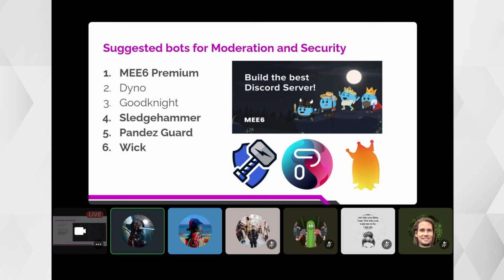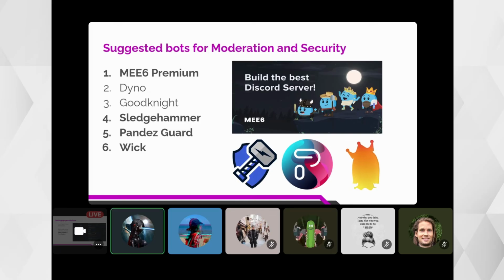All the filtered words and violations from members are listed in my moderation log. If someone is really being nasty, I can always ban them. Also, if someone is trying to send links, I'm using Mi6 Premium and Goodnight as a shield or security for my server.